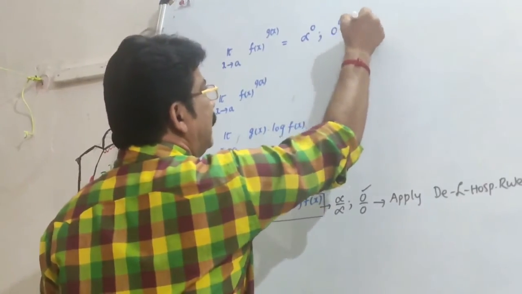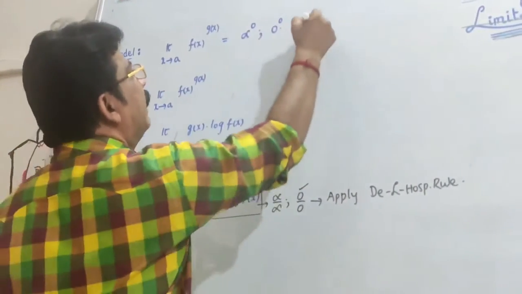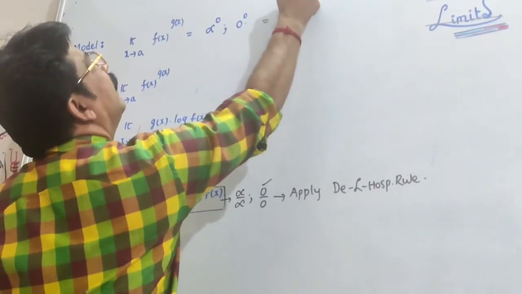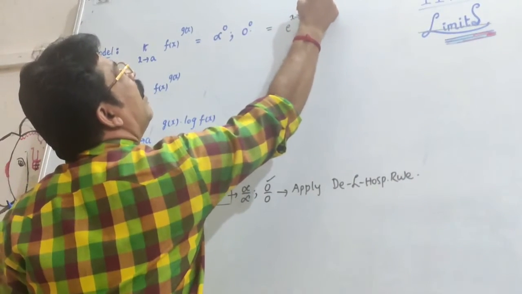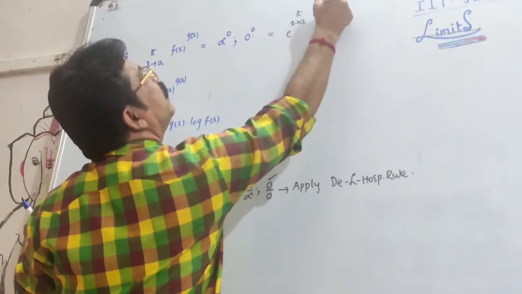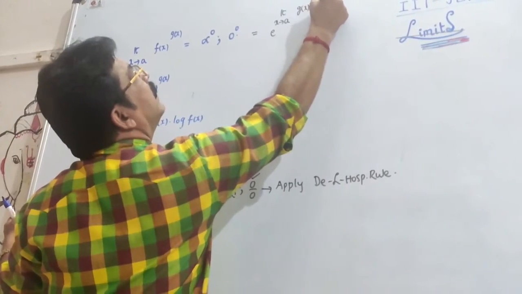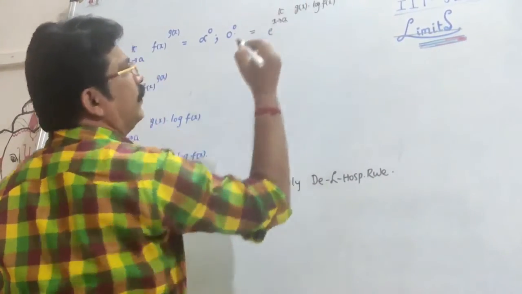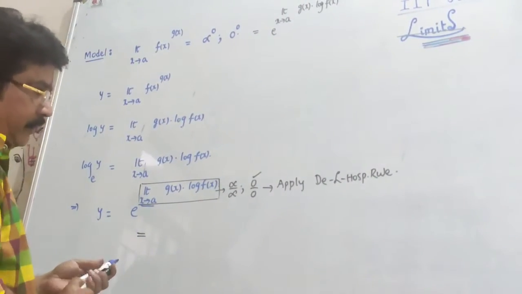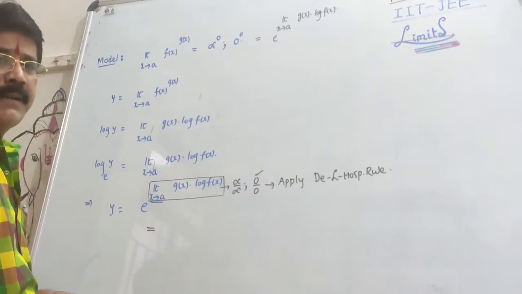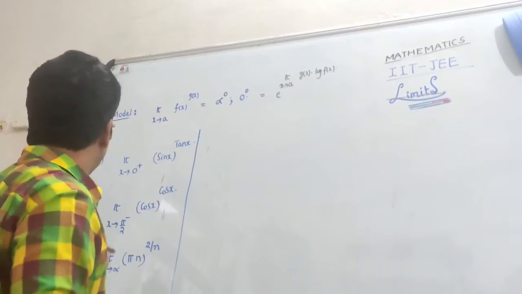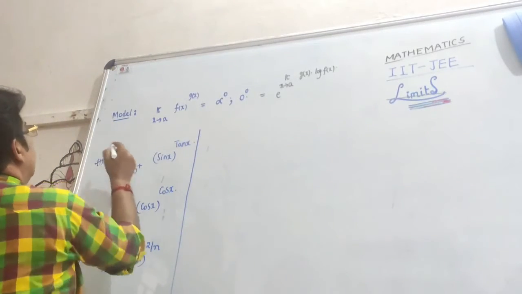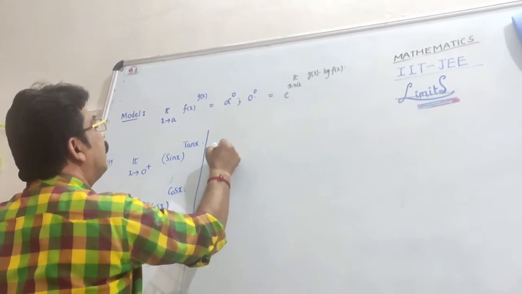I will write directly: e power limit x tends to a of g of x into simply logarithm of f of x only. Minus 1 is not there. Understand? This is the standard procedure. Its application, first question, question number 1,